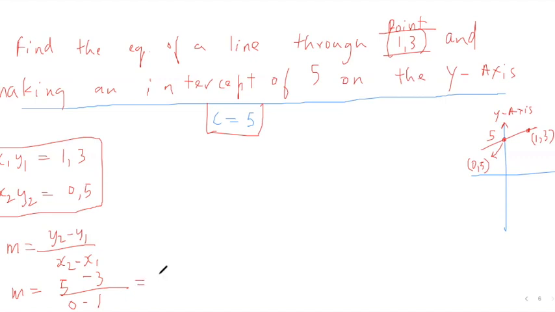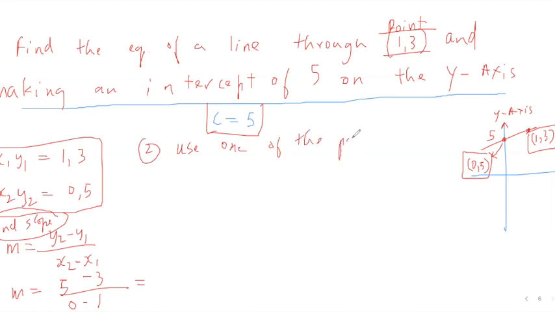So m is equal to minus 2 now. Now I know these 2 points, so I have 2 points to work with. So I can use the method that we use for 2 points. That's a two-step method. First is find the slope. And second is use one of the points, let's just call that point x1, y1, any one point, and the slope.